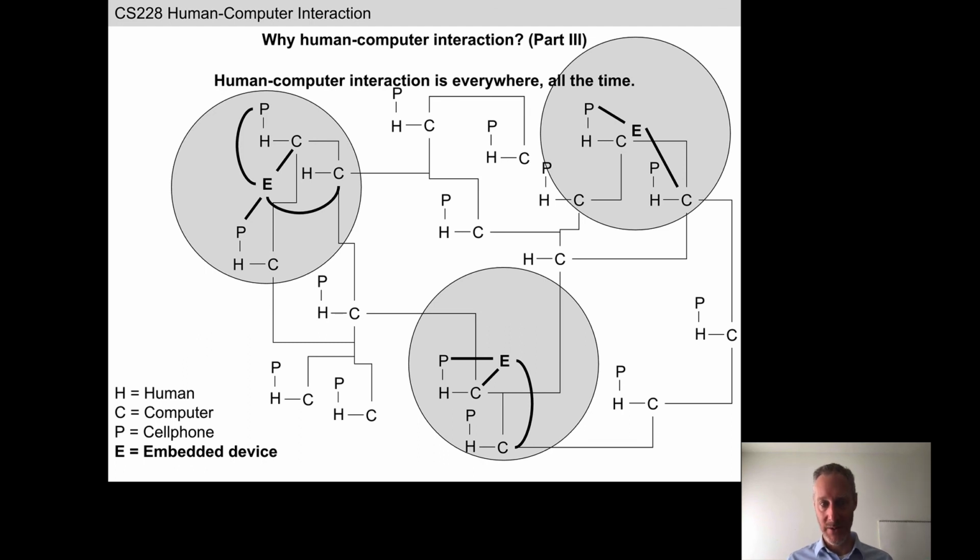We're going to look at other kinds of interactive technologies that require or challenge the user to interact with them in different ways. One class of technologies we'll look at are embedded devices. So this is any device that is directly sensing the environment, rather than a desktop or a laptop, which is usually passively waiting for the user to type something in or move the mouse. So embedded devices are, in a fundamental sense, more active than a desktop or laptop. They are actively drawing information directly from the physical world.